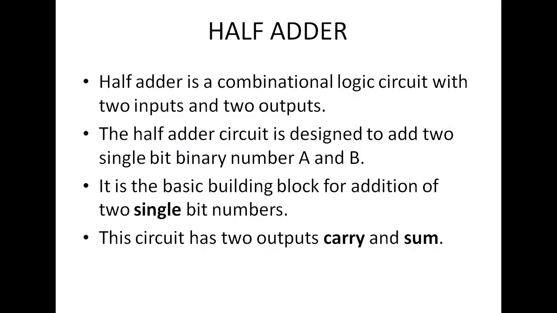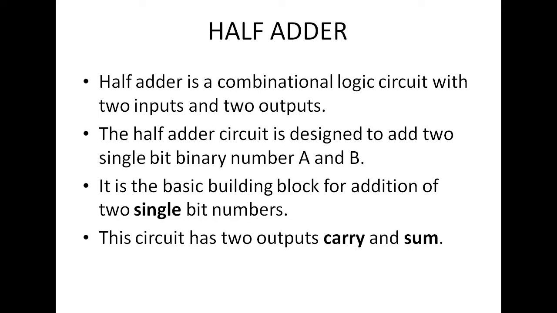Next, one simple introduction of your combinational circuit. One best example of a combinational circuit is known as the adder. Adder is nothing but addition of different bits. Adders can be classified into two categories. First one is half adder, second one is full adder. What is the difference between half adder and full adder?